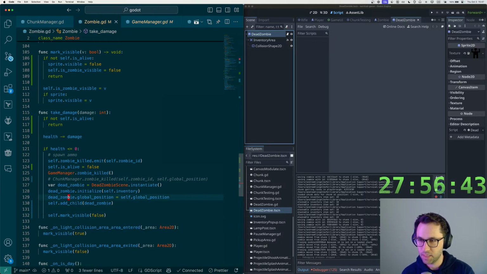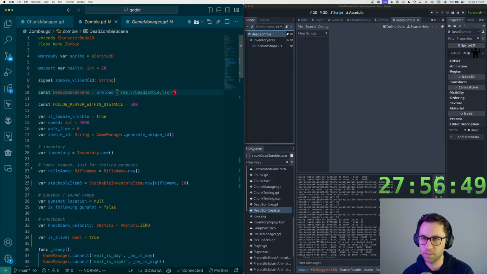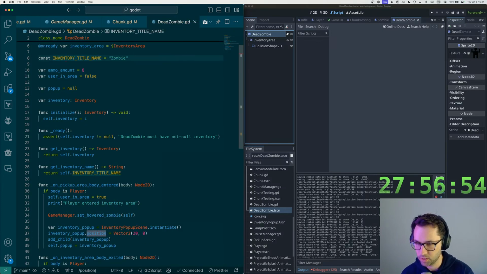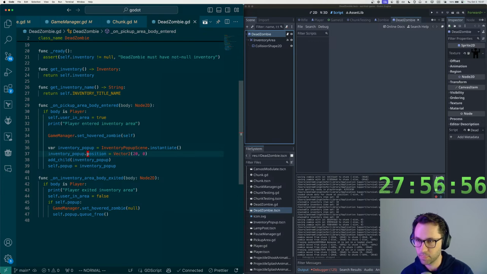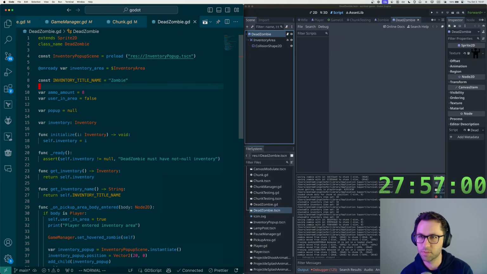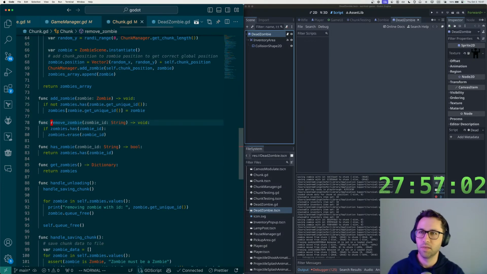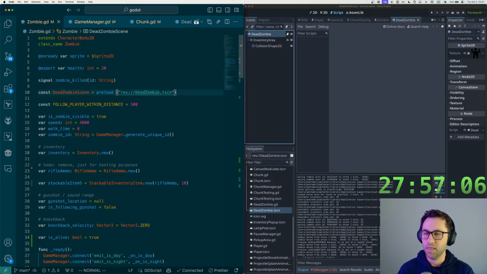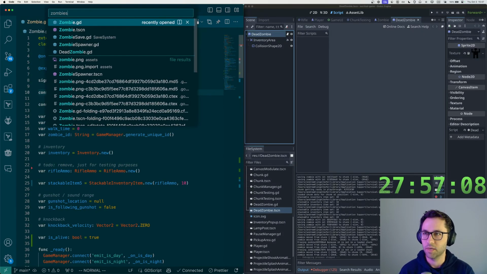Now in dead zombie, global position equals self.global position. There's something off about that. So let me look in the dead zombie. We might be setting position. Yeah, so we're setting, oh no, that's the inventory pop-up. It's the only place we're setting position, so that's fine. Okay, when we're saving zombie information now,